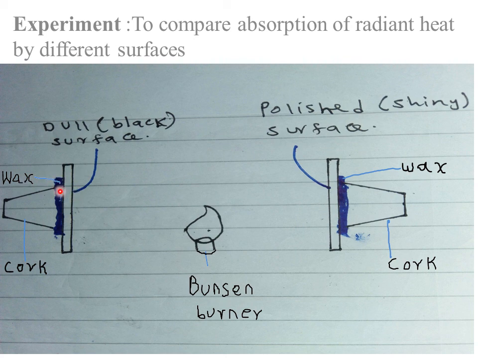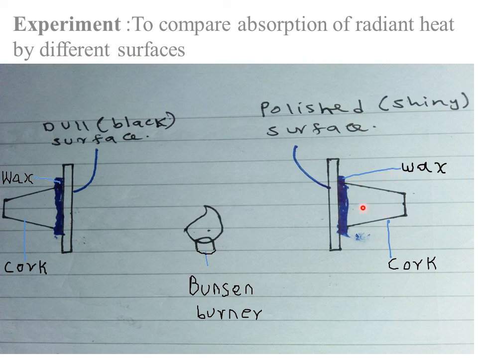Now whenever the wax actually melts, it breaks the contact between the coke and the dull surface, and that's why the coke falls off after some little time. However, polished surfaces are poor absorbers of what? Heat radiation. Remember we said that poor absorbers of heat radiation are the best reflectors of radiation. So whenever heat from the Bunsen burner gets to the polished surface, it is reflected away. If it is reflected away, there is no heat that will be used to melt this wax.